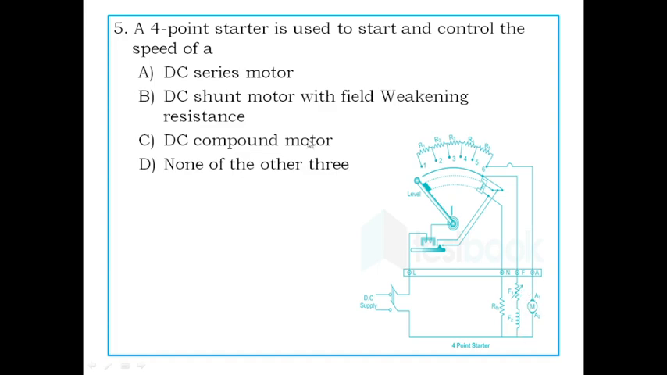So for weakening the field, field weakening resistors have been added here. So option B will be the answer for this question. We have a 4-point starter for